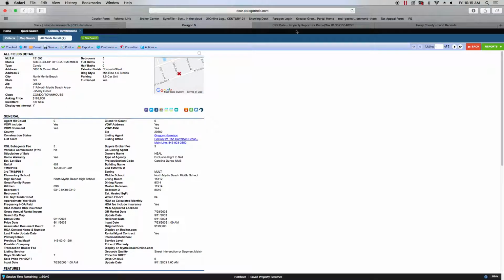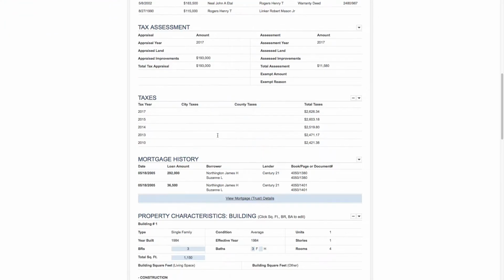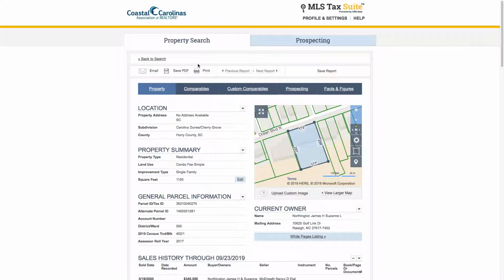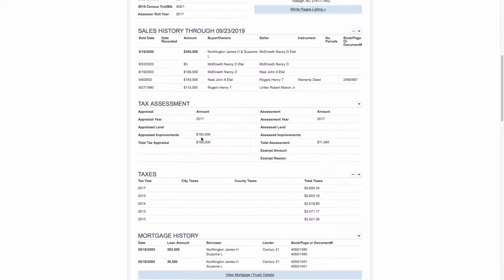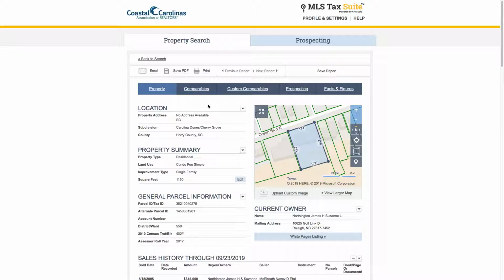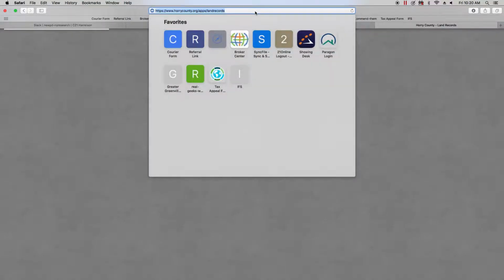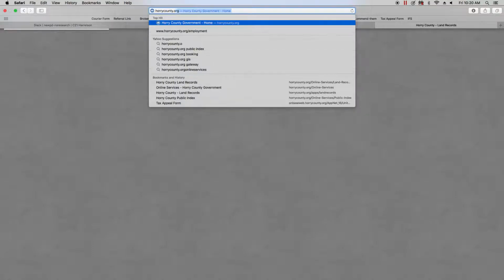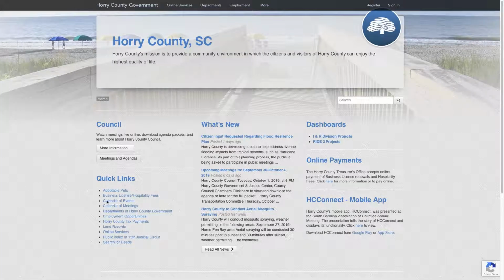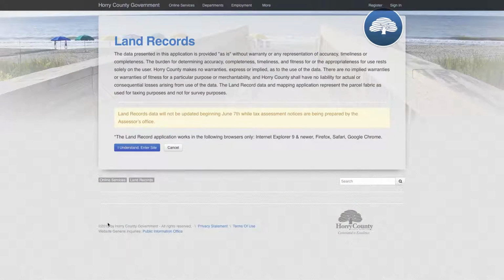Now, one other place you can look, let's say, for example, there was absolutely no information under legal description, and so you don't know where Jim Northington owns anywhere on here. So another place you can go is horrycounty.org. And then you'll search by land records, and this website unfortunately is not working well today, so it may not work. But what you could do is type in the name,